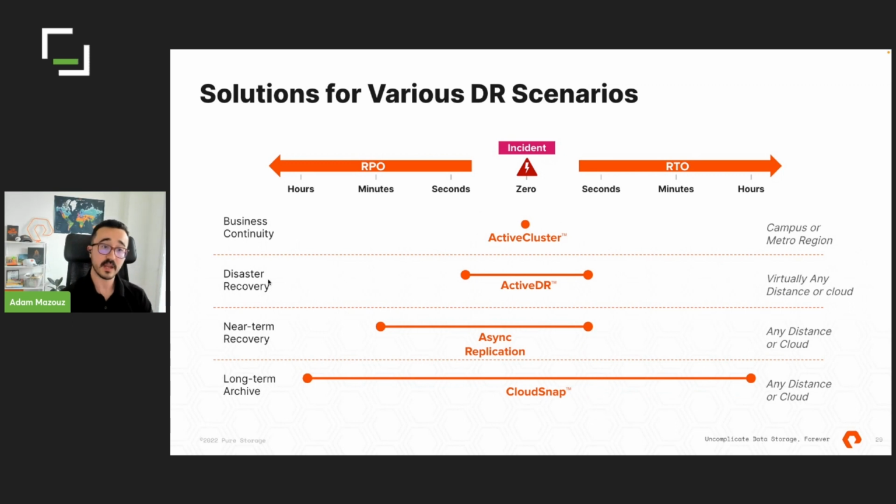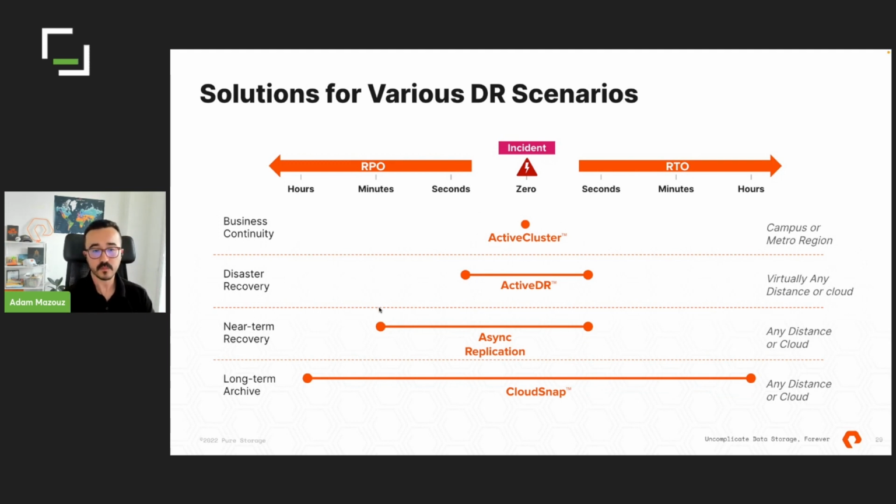The second thing here is if you have a more relaxed RPO and RTO, you can use other business resiliency technologies like ActiveDR, where we continuously replicate with as low as 1 second lag behind from source to destination. The third thing here is using async replication to send snapshot-based replication with as low as 5 minutes between each